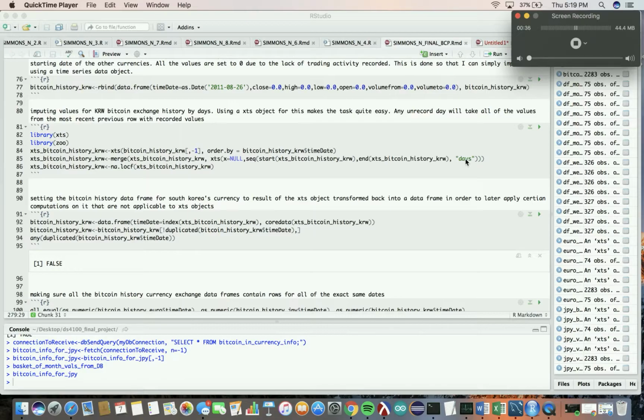Essentially what happens in this imputation process is if there is a missing date between the start and the end date of the entire time series object, a row value will be created for that date, and that date will take the values of the most recent previous date with recorded values. This makes data imputation extremely easy, especially when all the values previous to the 2013 values will just be set